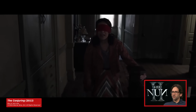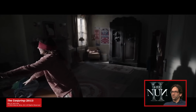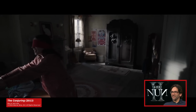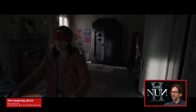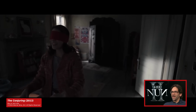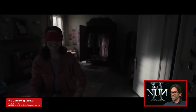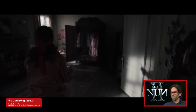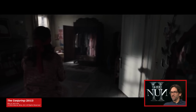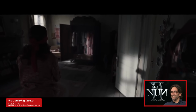expertly done by James, really drawing you in, so candid with the handheld camera work. And then Lily Taylor's performance is so innocent. She has a big smile. And then this shot is so dread-inducing. It is just such a moment. When those doors creak open, it is just unreal. And you just see her there. She still has the smile on her face, and